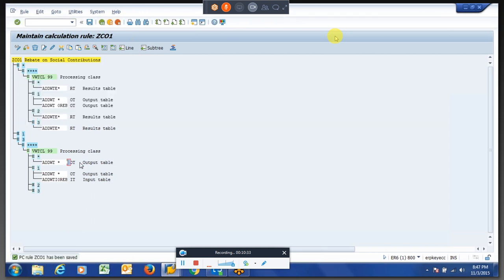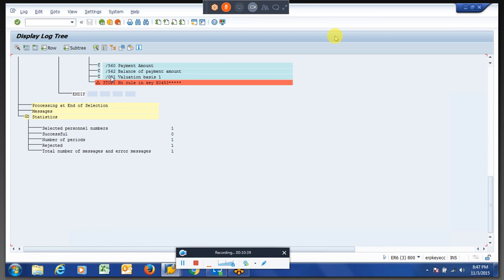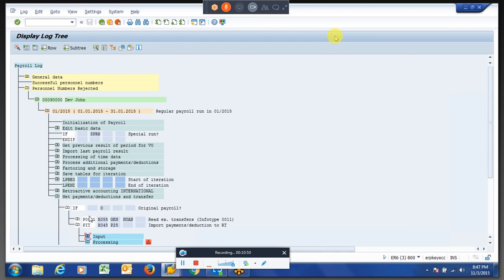If I save this and run, we'll get the same error we got yesterday, because this waste step already moved to RT. Again, we are bringing the waste step back to the IT table. So that is the reason we are getting the error.